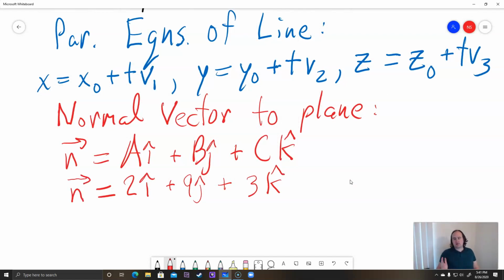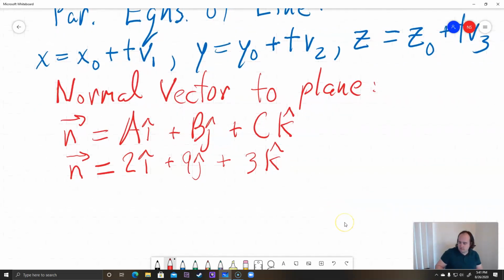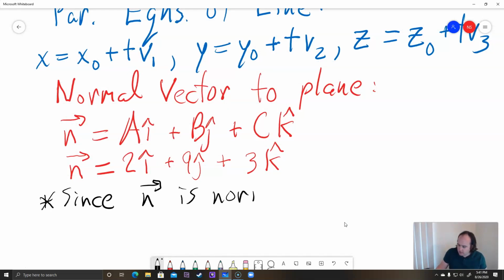But the normal vector to the plane is actually going to be the same as the vector that we want for our line to be parallel to. Because if we use that vector, because it's perpendicular to the plane, the line also has to be perpendicular to the plane. Okay? Alright, so let me write that down. Since n is normal to the plane, normal means perpendicular,